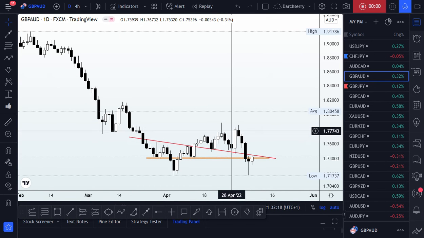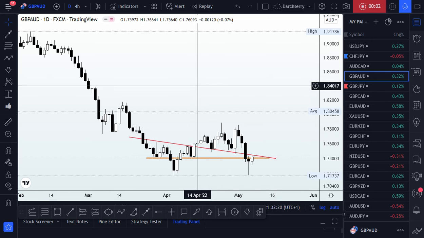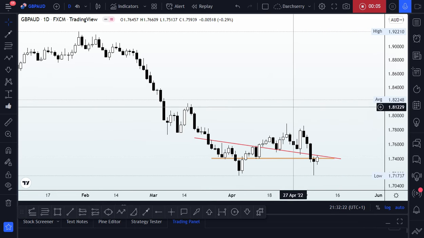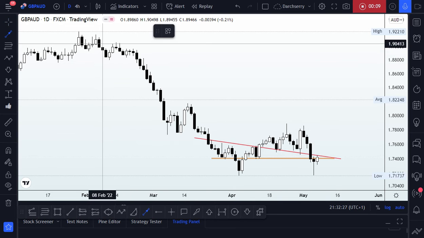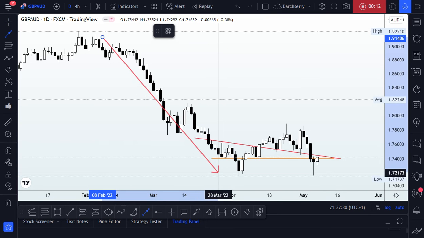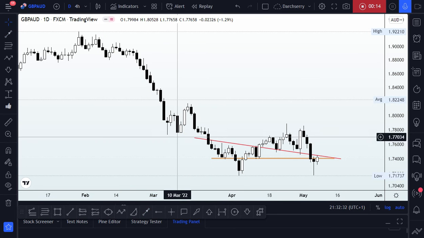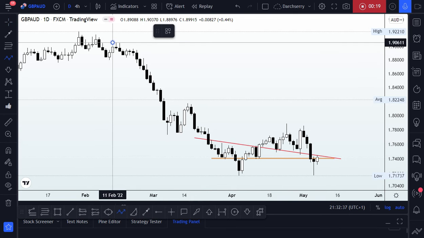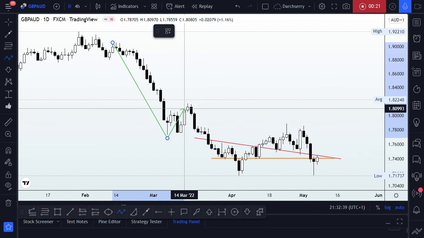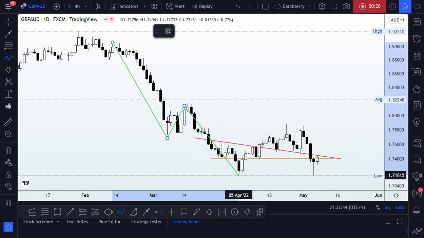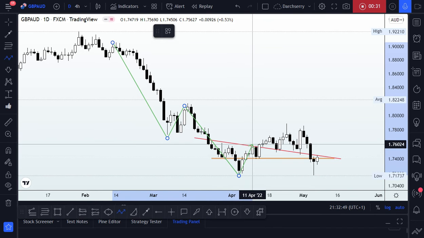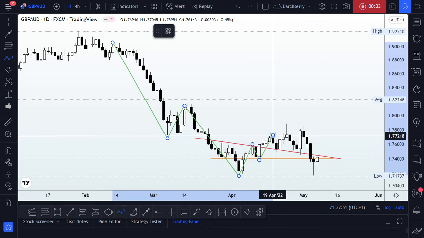What do we have here on GBPAUD? On the daily time frame, it's obvious we're bearish. One, we can see that it has been bearish since the beginning of February, and we can definitely call this an impulse leg where we saw price continue to find lower highs. But unfortunately, when price got here, sellers have been finding stiff resistance from buyers as we saw a higher high,